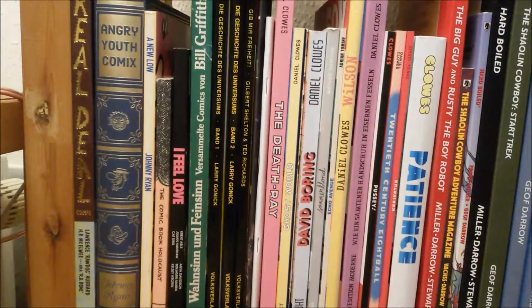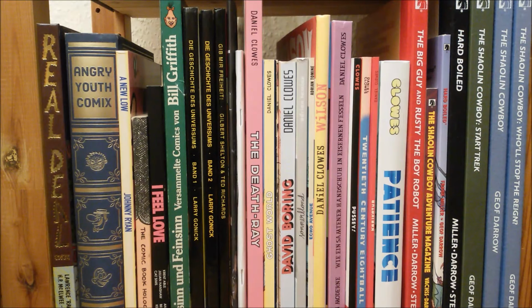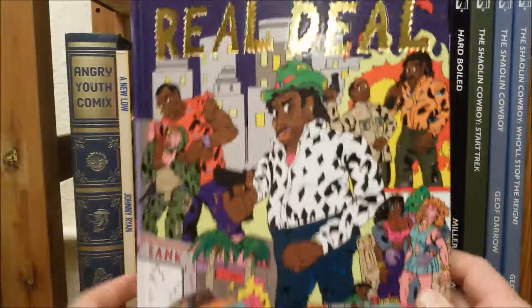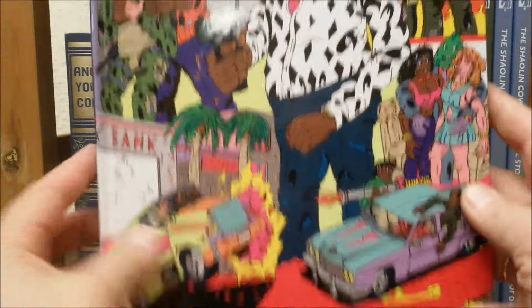So, in case you have time, we go a shelf deeper. Let's close today's video with this shelf here, and then I will still have enough books to talk about in 2, 3 or 4 more videos about my graphic novel section here in my collection. From left to right, we have The Real Deal, put out by Fantagraphics, a very shiny, colorful book